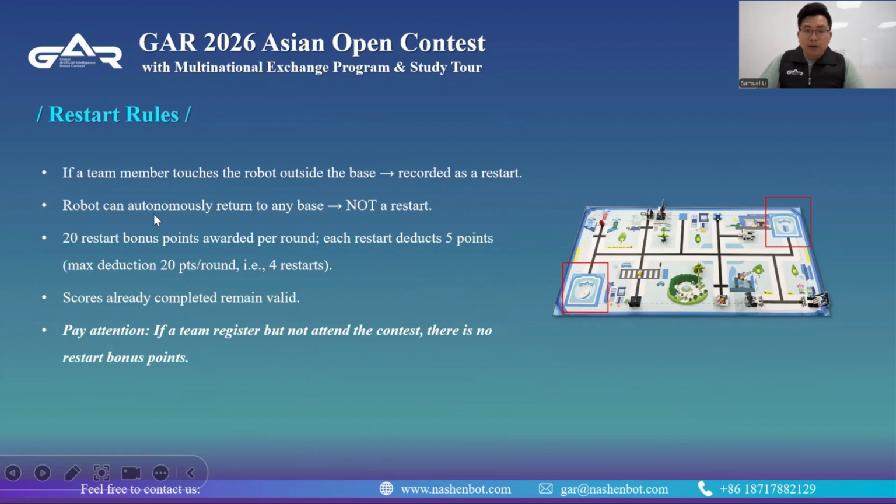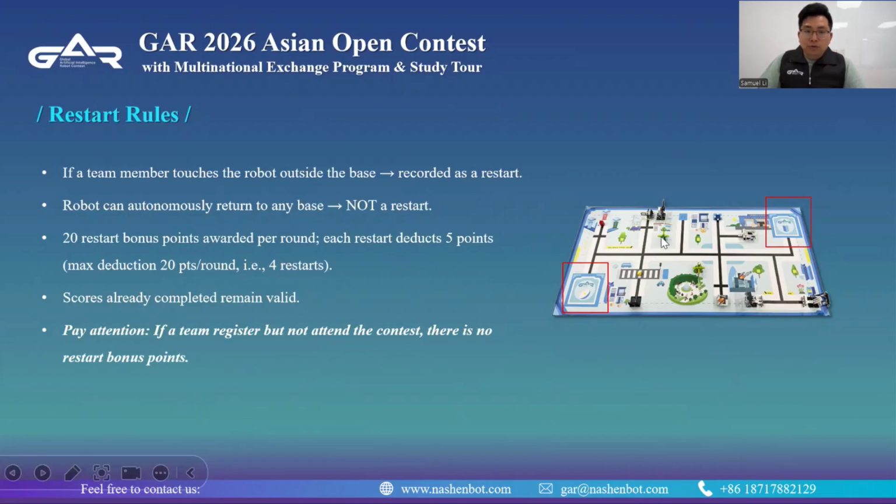The robot can autonomously return to any base. If the robot automatically returns to the base, it is not a restart, with no restart record. At the beginning of each round, 20 restart bonus points are awarded per round.